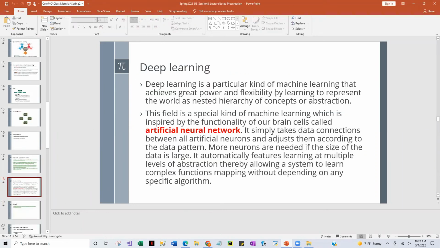And now we are going to talk about deep learning. And Medha, I think you want to know about neural networks, right? So this is part of deep learning. The idea behind deep learning is we are going to replicate the